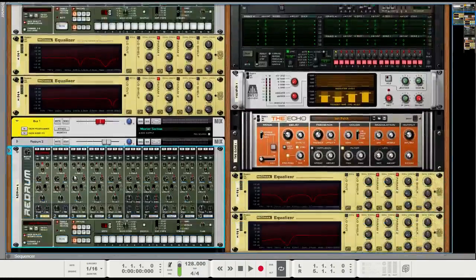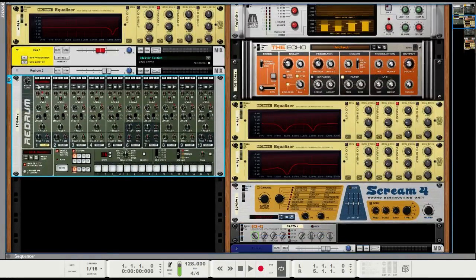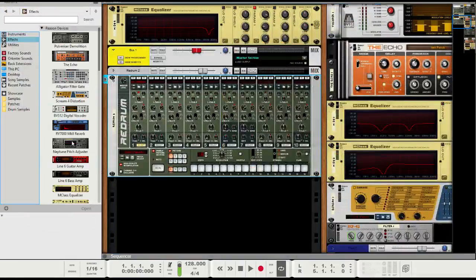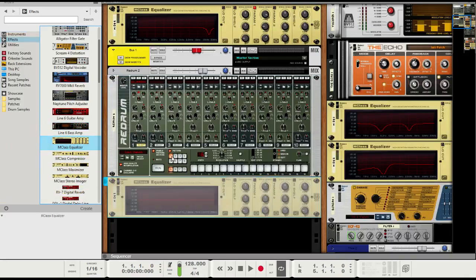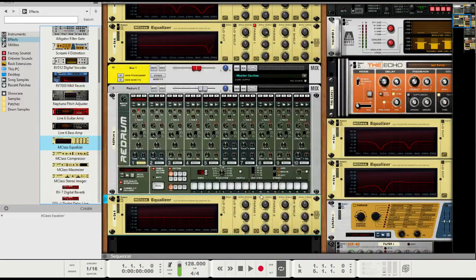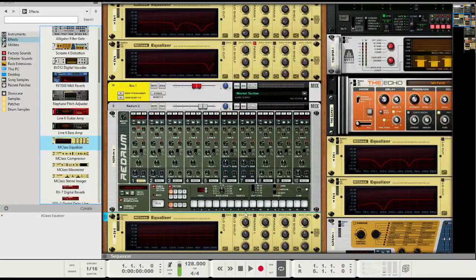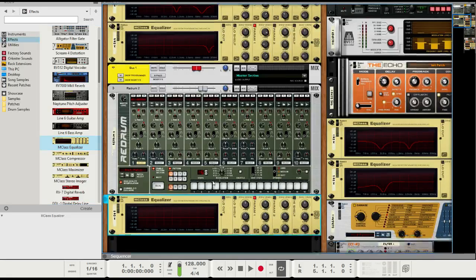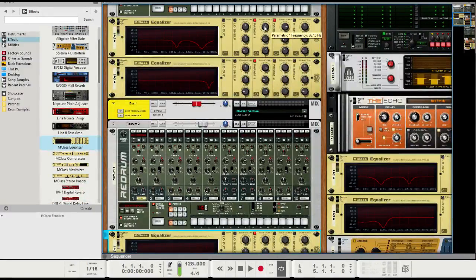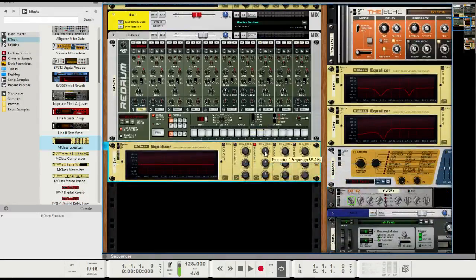As you can see up here, we still need to apply some processing to this to make it sound a bit cleaner, and if we want something to sound clean, we use equalizers to cut out the dirty stuff. And I'm just going to use the upper equalizers as reference here. We're cutting out a couple of frequencies at about 800 Hertz,